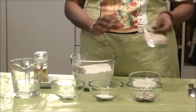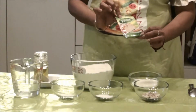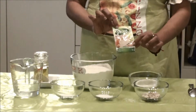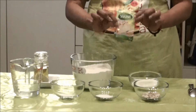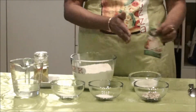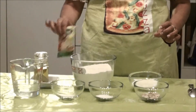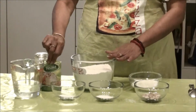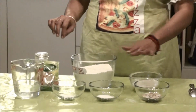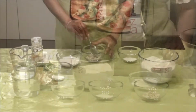In case you are not able to get this fresh active yeast, I would suggest you go for 7 gram dry yeast. The 7 grams will be sufficient for this flour, because dry yeast has a different level of raising. So 7 grams of dry yeast for 5 cups or 500 grams of flour, whereas it's going to be 20 grams when it is the active yeast. Now firstly,